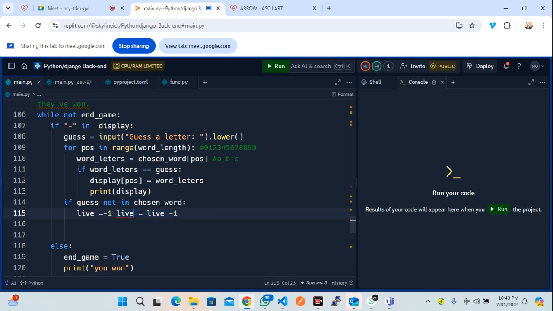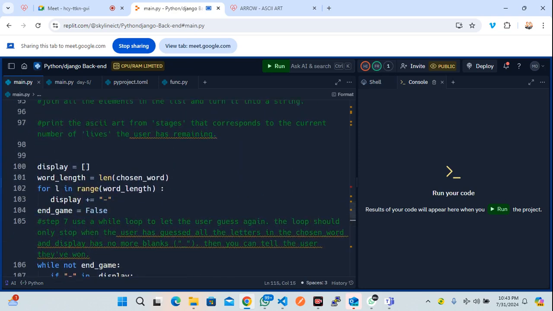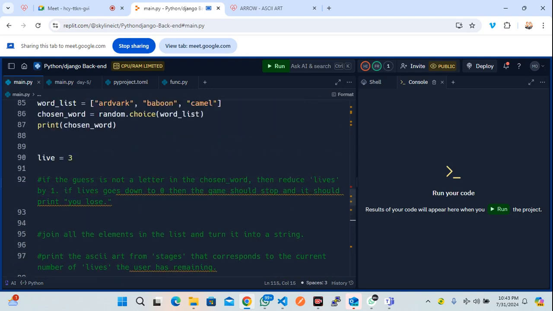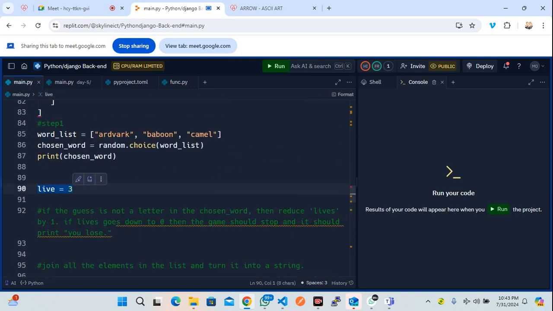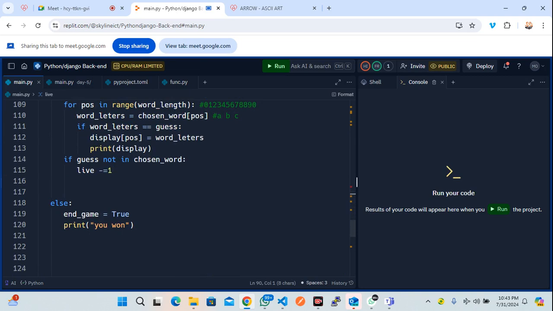Equals -1. Okay. First one equals -1. Isn't it meant to be life minus equal to 1? That was supposed to be not equals, minus. Yeah, life minus equals 1. So this will deduct life from here, right? So then the next thing is